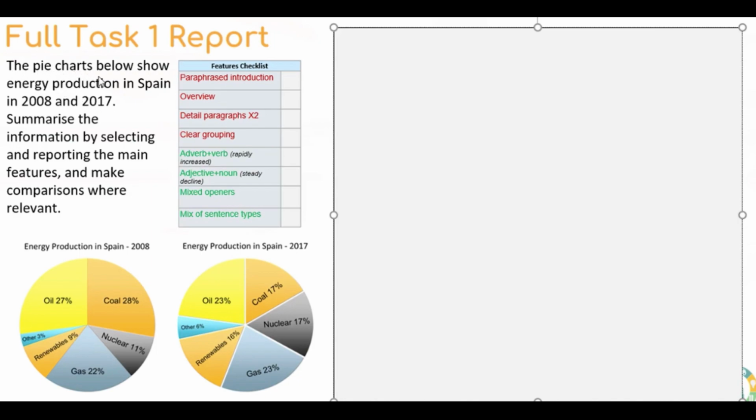The pie charts below show energy production in Spain in 2008 and 2017. So let's begin my introduction paragraph or sentence. The pie charts, I can just keep that the same, as really they only have one name. The pie charts below show, let me try and change the wording of this and paraphrase it. The pie charts represent